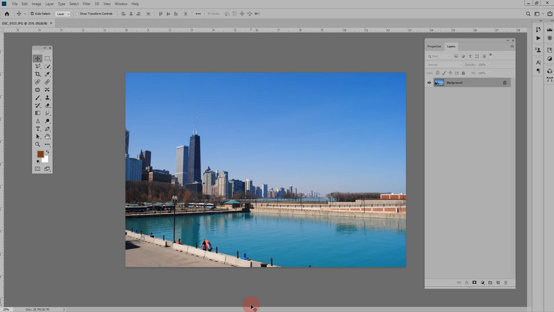I'm going to show you how to apply the rule of thirds to a photo, using Photoshop 2019. For the assignment that I have, it's required that you have a size that is 9 by 6 inches. So I'm going to go ahead and